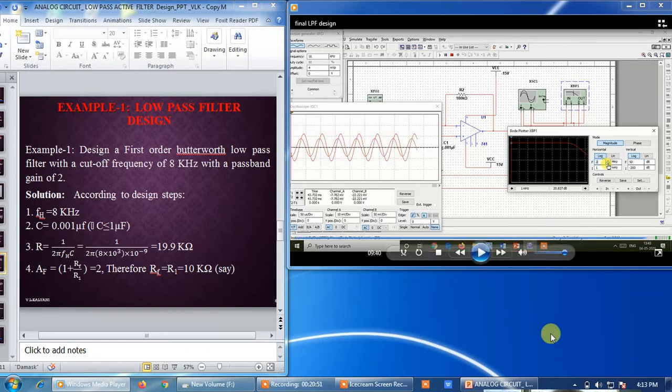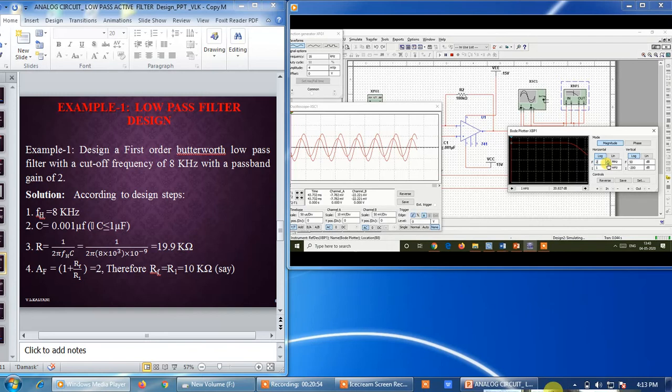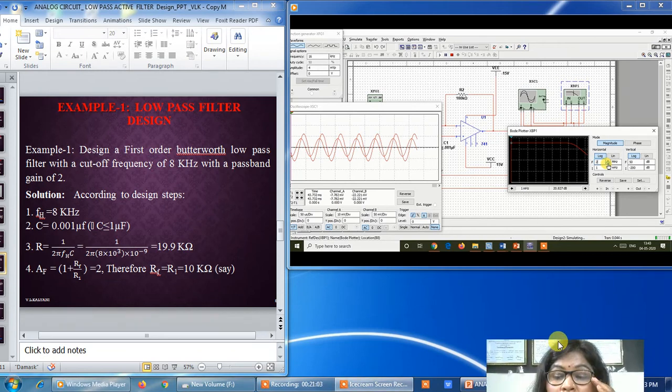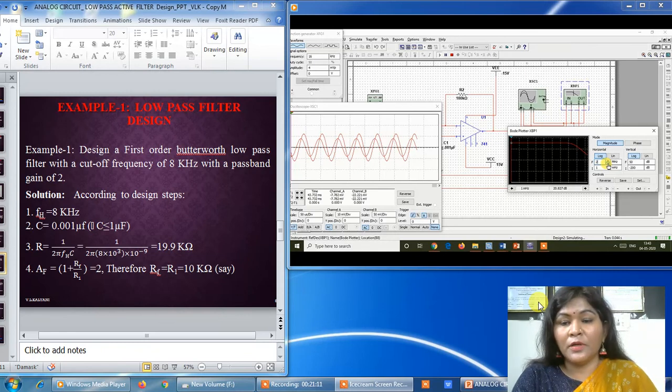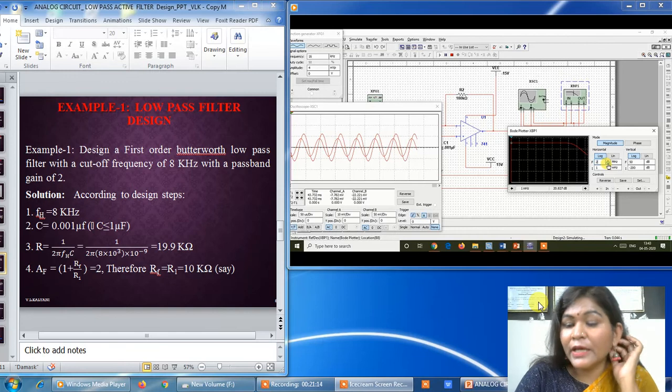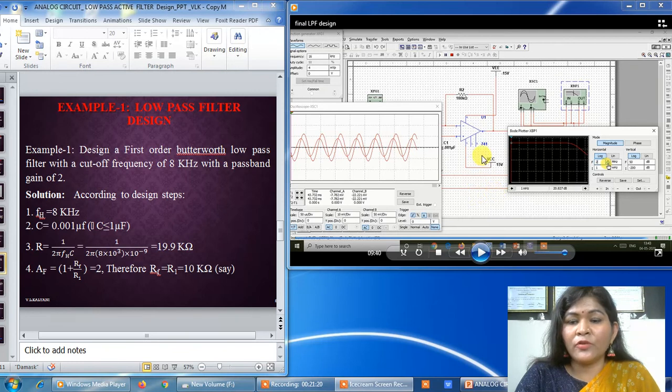So as you can see here, the output is in sine form, and now we got a very good frequency response curve of a low pass filter. This is a very good result when we are using the Multisim software. We can design any type of circuitry, and we can simulate the result. So in case of the low pass filter, the output results are in good form. So these are the design steps. You can design any type of circuitry with the help of NI Multisim software.